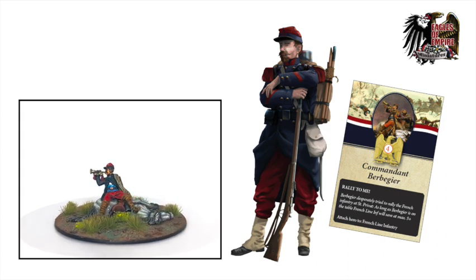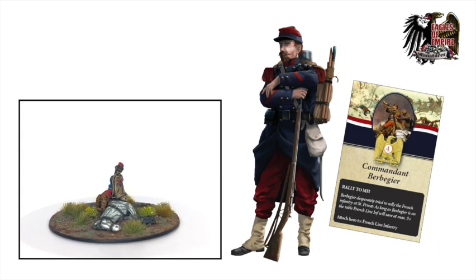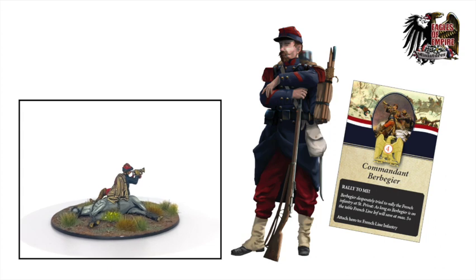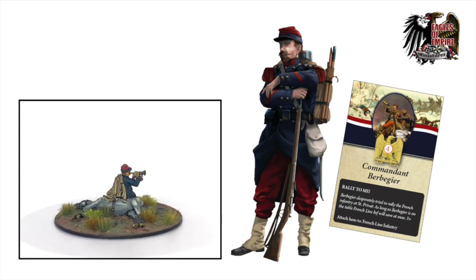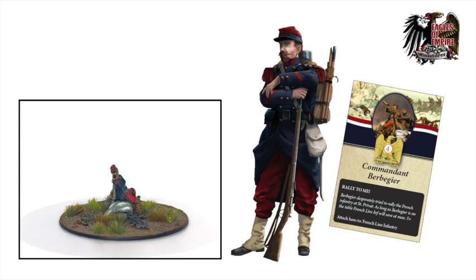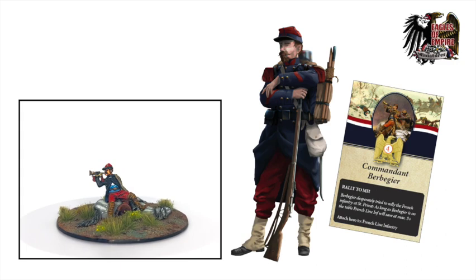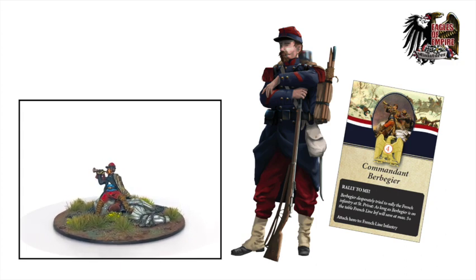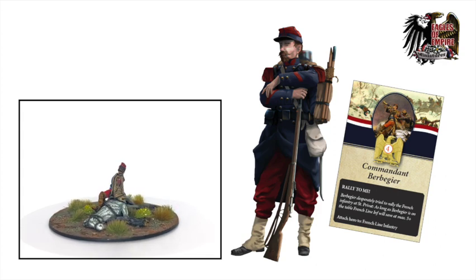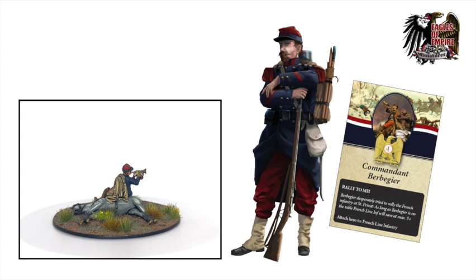Well, he's got the cost of 4 command points. You attach him to a newly recruited French squad or section of line infantry, and he will stay attached to that squad or section for the rest of the game. If the squad or section gets killed off, well, Commandant Berbigier will die with them. So maybe take care of that squad. Don't put them into the mouth of Prussian cannons or anything like that, but play maybe a little bit defensively, so you'll get the ability of Commandant Berbigier